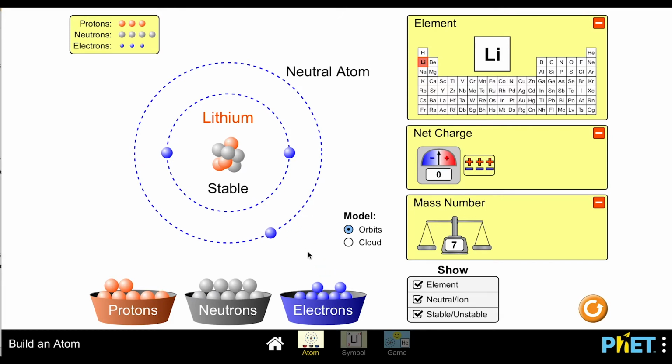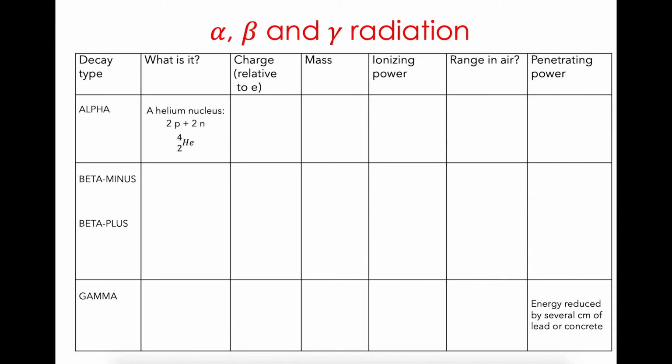atom. This table will really help students to understand the differences between alpha, beta and gamma, the 3 main types of radioactivity that they'll meet at GCSE. You can pause the film here to fill it in yourself, and we'll come back to it later.